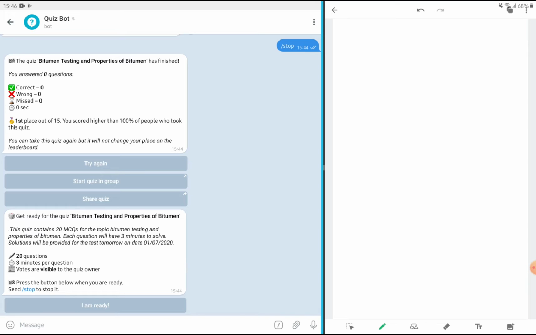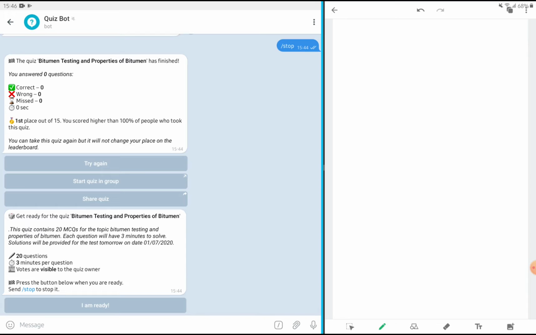And if you haven't appeared for the quiz, do appear for the quiz first and then watch the solution, or you can watch this solution first and then try to remember as much as you can from this discussion, and then try to give a test and do comment how much you scored. The perfect score should be 20 by 20. All right, let's go to the solution first.